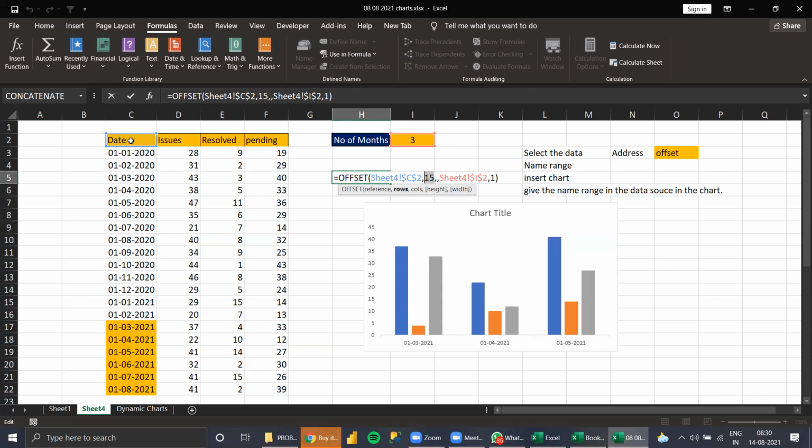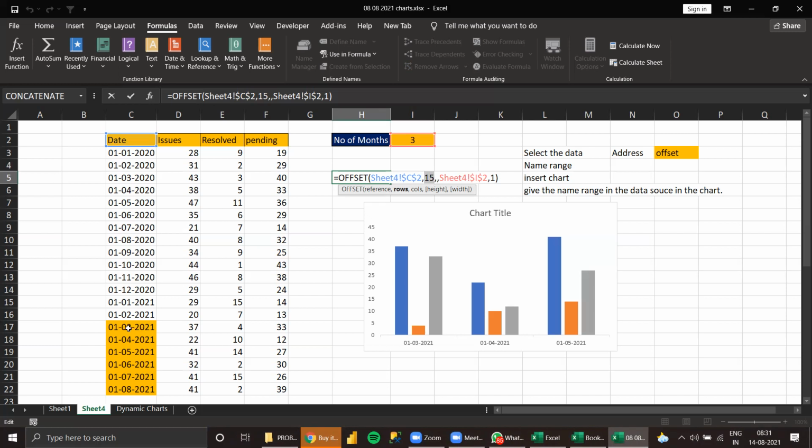See, I'm starting from the beginning. Last 3 months means, suppose last 6 months. How do I calculate it? 1, 2, 3, 4, 5, 6. I need to start from here, so I need to stop here. Row movement: 1, 2, 3, 4, 5, 6, 7, 8, 9, 10, 11, 12, 13, 14, 15.